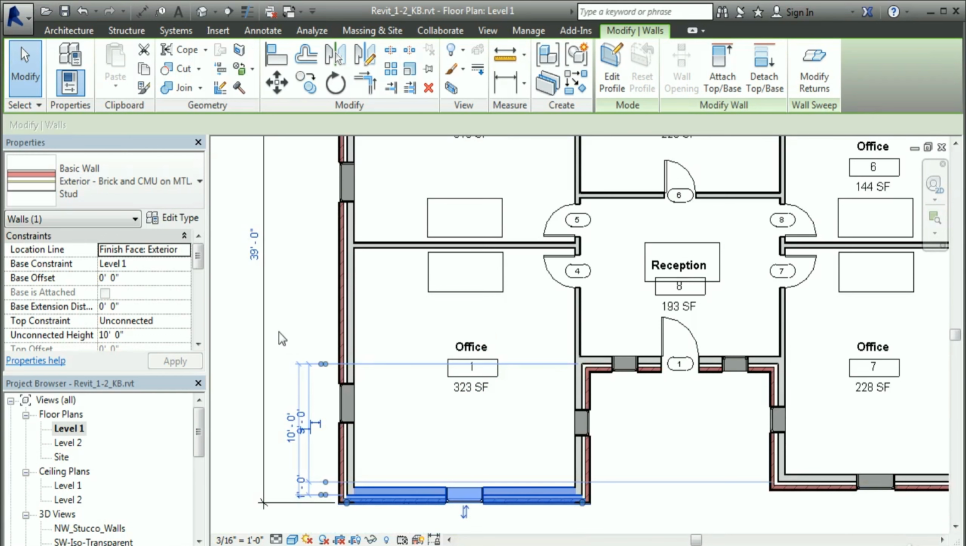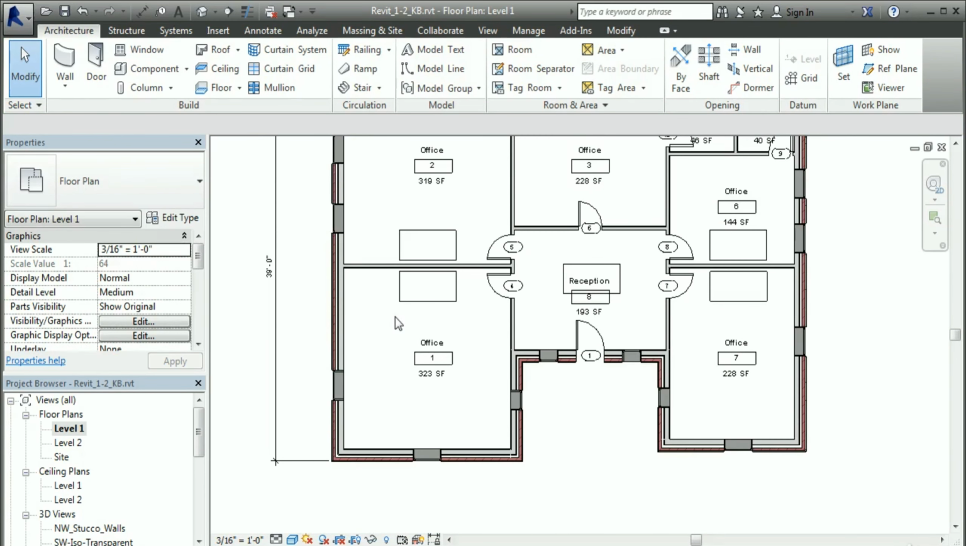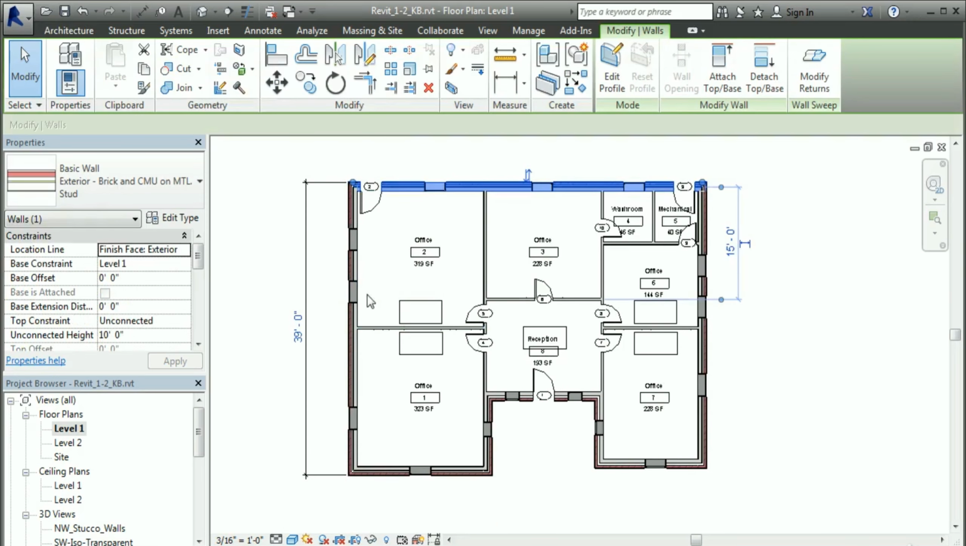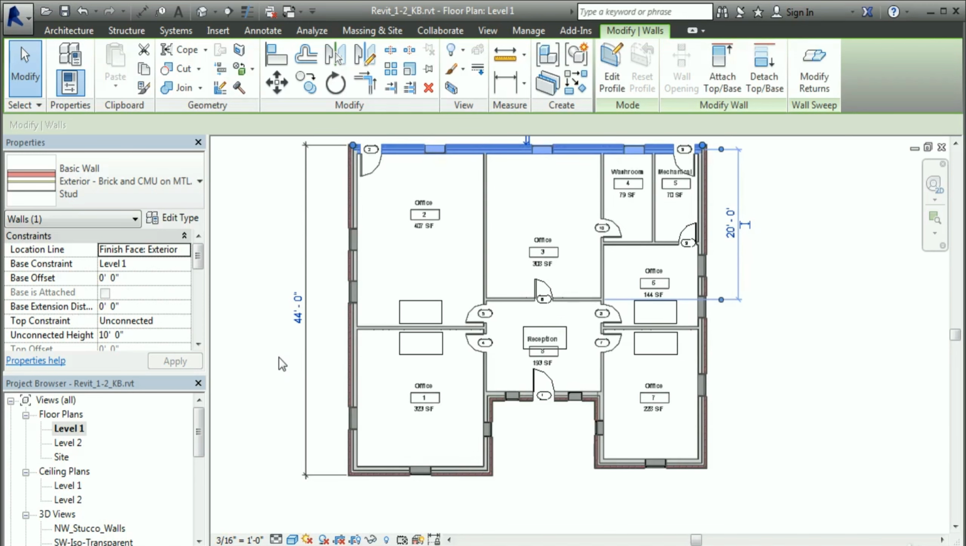When a dimension runs between two objects, and you change the dimension value, the selected element will be the one that moves to reflect that new distance. Hit Escape twice to clear the dimension selection, and pick the other wall at the back of the building. The same dimension highlights, but if I change the value this time by picking and typing in 44, this time